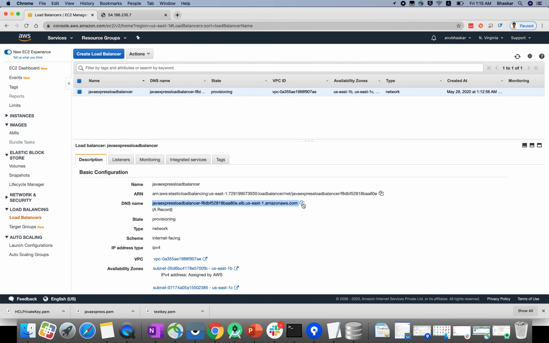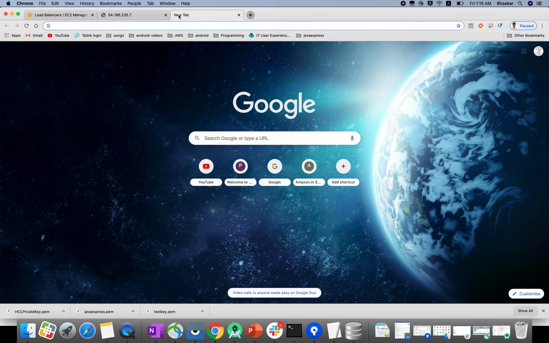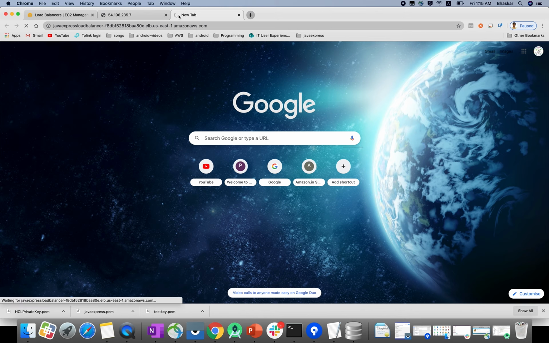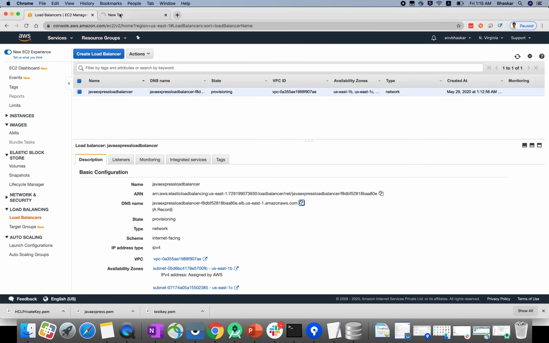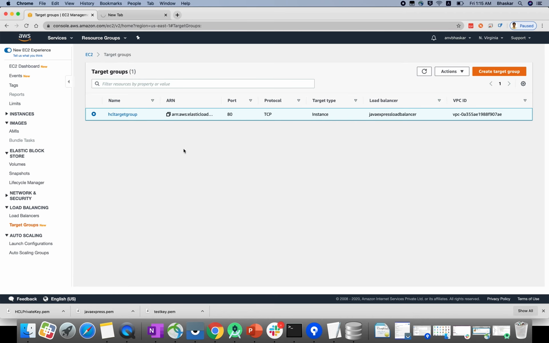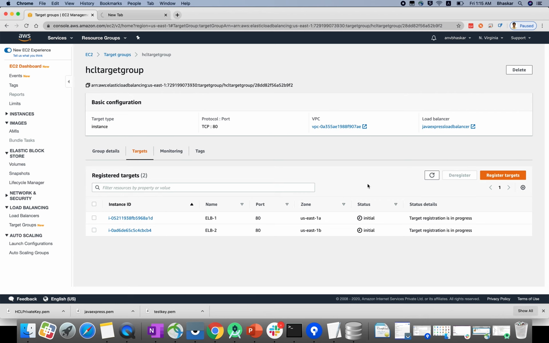Whenever you hit this DNS name, all traffic will come from here to web servers 1, 2, 3, and then you will know exactly how the server is behaving and which server the traffic is going to. Copy and hit it; try here, any chance you will get. The health checkups are still going on, right? You can see in target group, click here, it is still in the initial state, it will take some time.